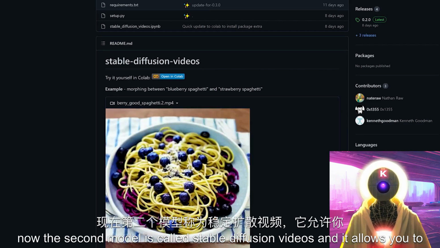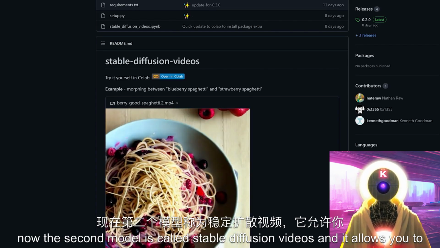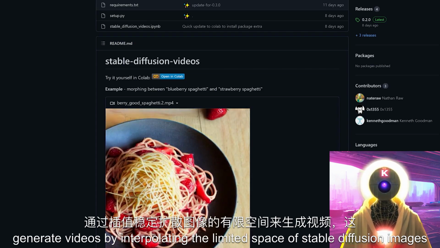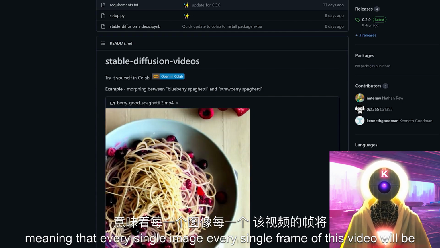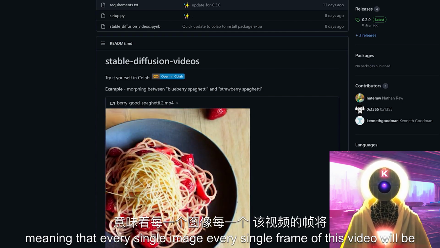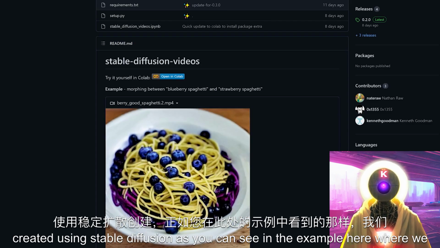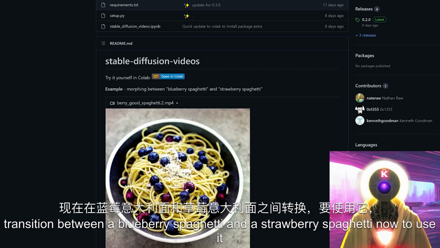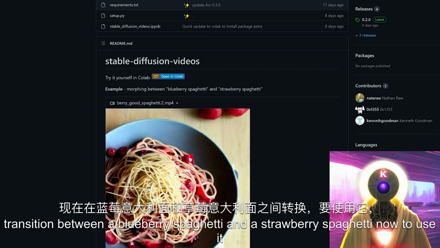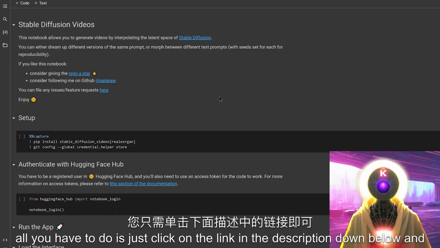Now the second model is called Stable Diffusion Videos, and it allows you to generate videos by interpolating the latent space of Stable Diffusion images, meaning that every single image, every single frame of this video will be created using Stable Diffusion, as you can see in the example here, where it transitioned between a blueberry spaghetti and a strawberry spaghetti. Now to use it, all you have to do is just click on the link in the description down below